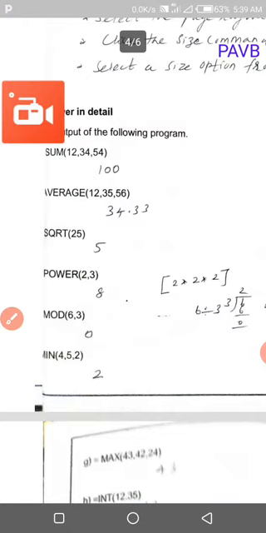The second one is average: 12, 35, 56. Average means we have to add the numbers and divide by the total count.